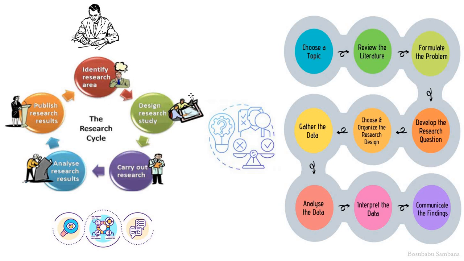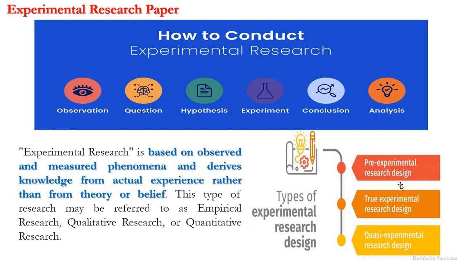Later, research design, the research study. In this design research study, we develop the research question and choose and organize the research design. That means it is categorized into three types: first, pre-experimental research design; second, true experimental research design; and third, quasi-experimental research design. Okay, then